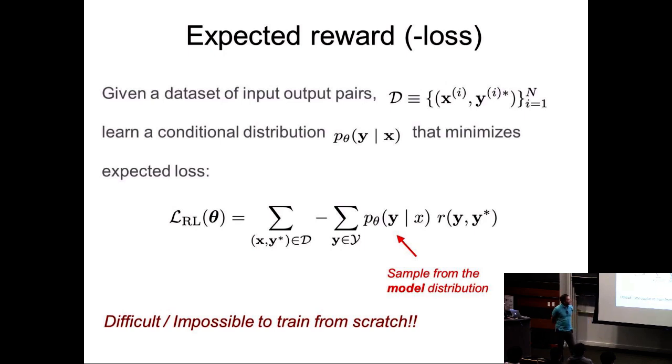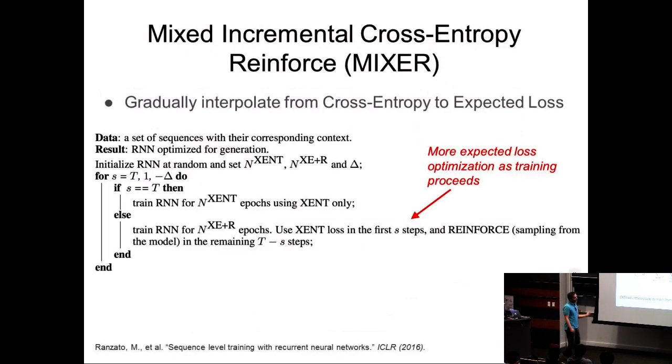So in this case, you can sample from the model distribution. Now, these kinds of models are difficult, pretty much impossible to train from scratch. The reason why is because your Y space, like imagine you're doing translations, is a pretty high dimensional space, right? Imagine all possible sentences you could generate. You can't really go over all possible sentences and pick the best one that has a BLEU score. That's why people are doing beam search to try to figure out what's the best one. It's more like a greedy algorithm, so you can't really do this.